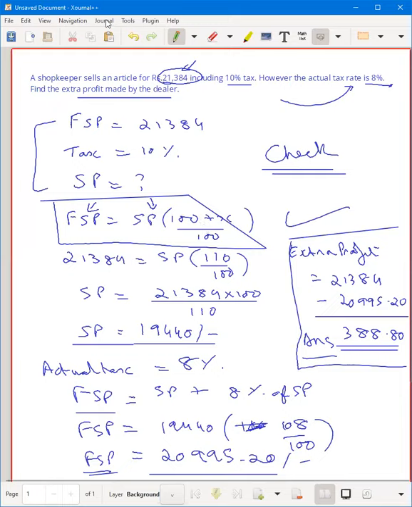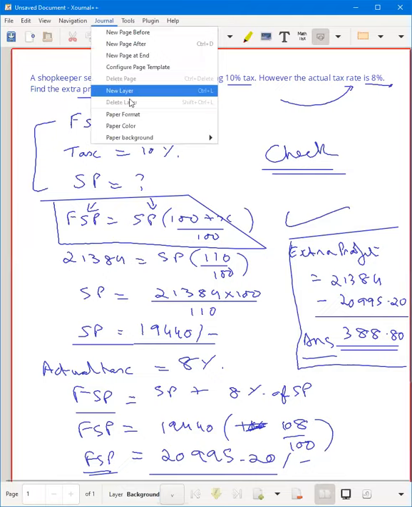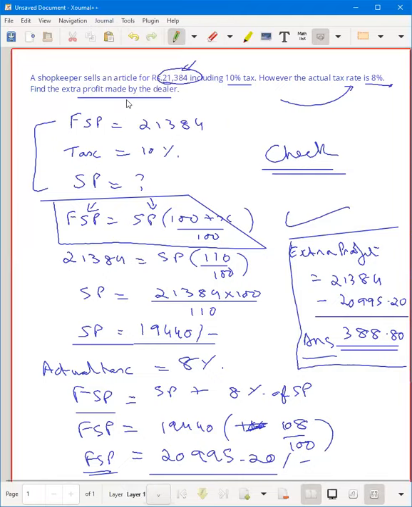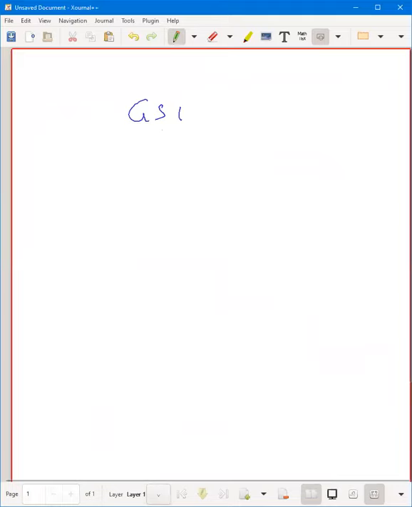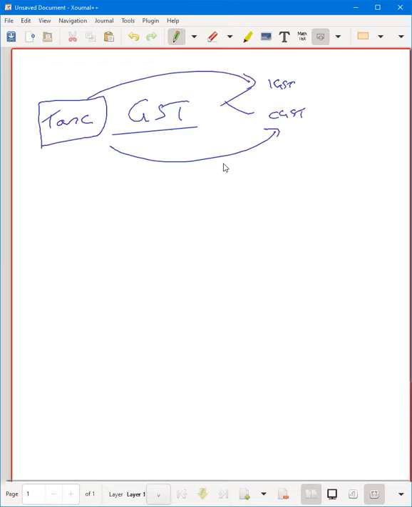Okay. In tomorrow's class, we will understand what GST is. I hope tax is clear because GST is a form of tax itself. Until you know how to calculate the tax, you will not be able to find out the GST. The GST is split into two parts, called IGST and CGST. But the concept of finding out the tax remains the same as what we've done so far. The only difference is how we need to split it into both of them, which is very easy to do.